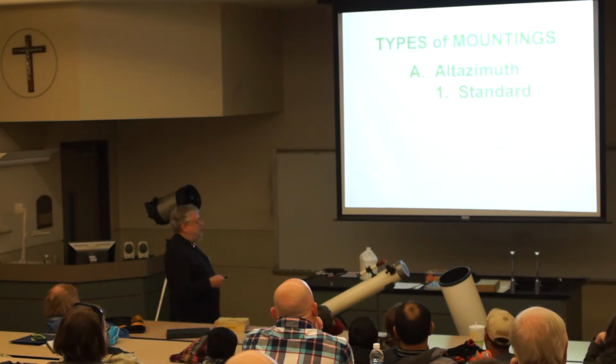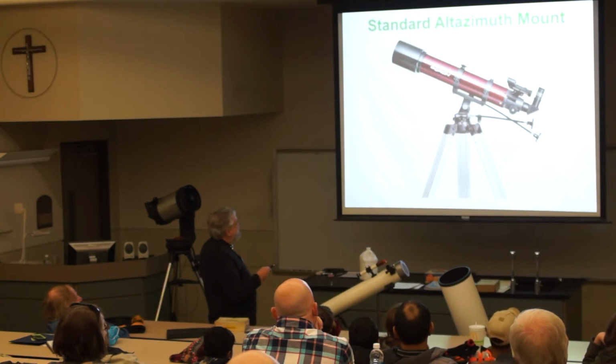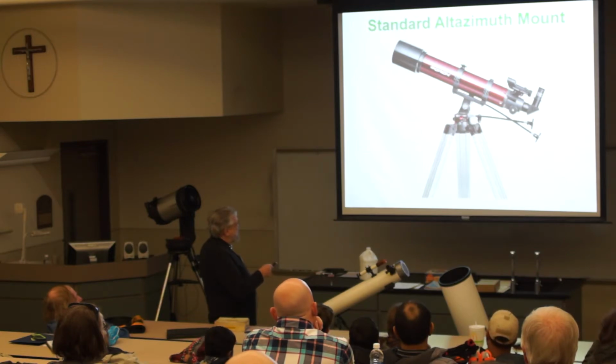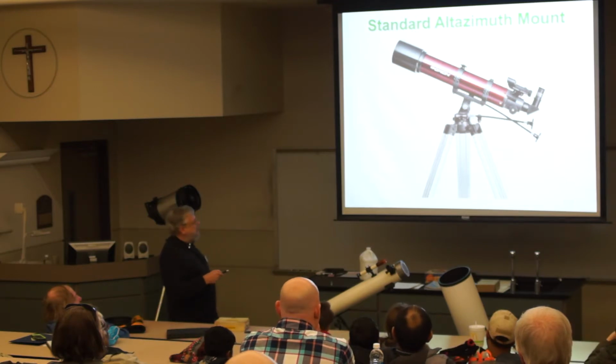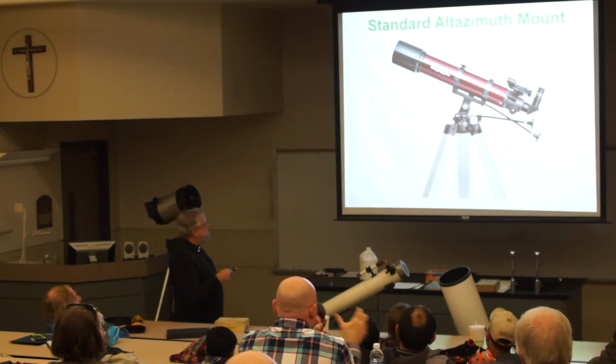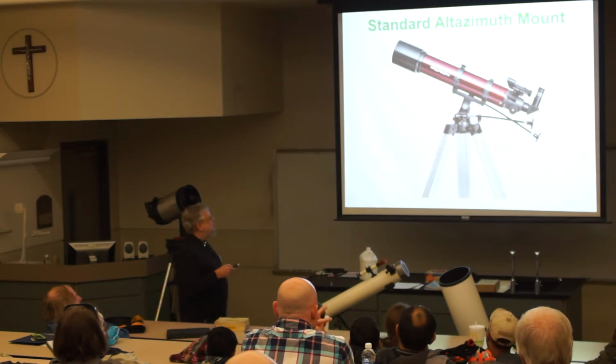The standard alt-azimuth mount, as opposed to the Dobsonian, you can see has a pivot motion there that lets you aim higher and lower, and then around the top here we can aim in all different directions. This one is a little fancier because it has a knob that lets you have a little finer control over the motions rather than just jerking it around from one spot to another, but it's still alt-azimuth, up, down, and